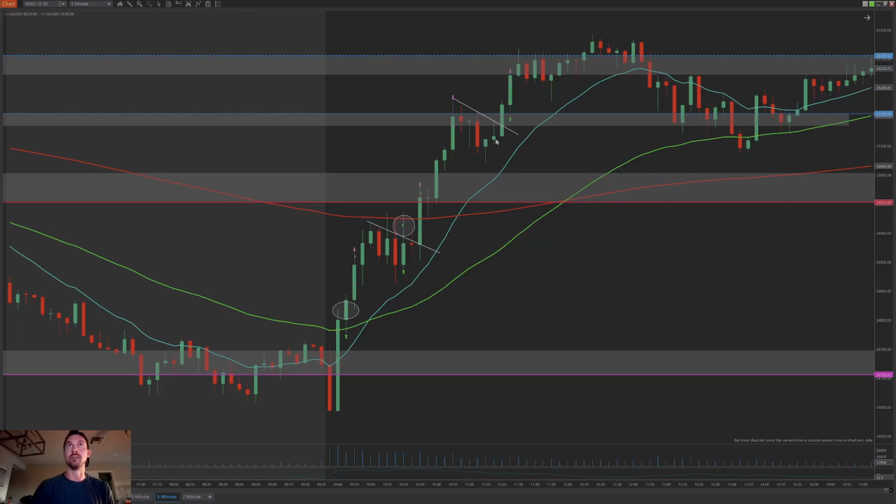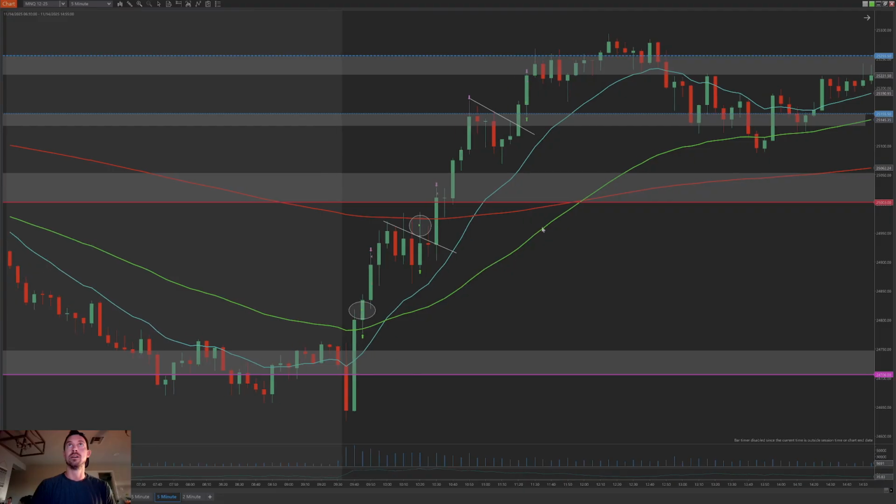Honestly, you could have just gotten in just above it right here on this candle. It had a little wick down. I was actually eyeing this, but I was like, I'm already happy with my day. I don't necessarily need to get in. Then we broke the flag. We had a nice close here, and